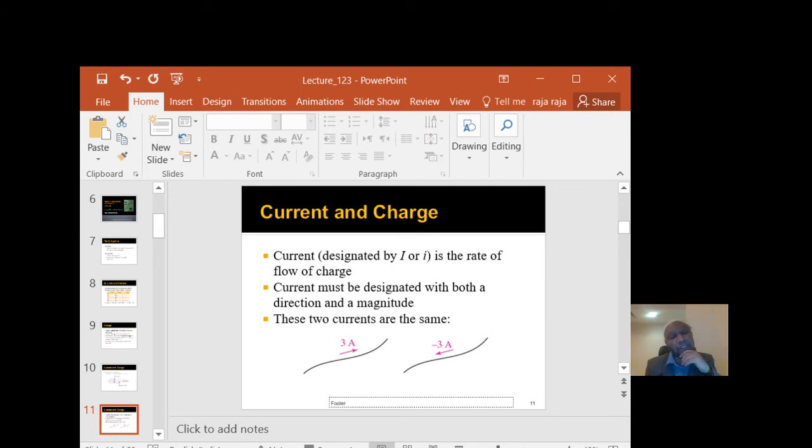Now we have to come to a conclusion: are these two currents the same? If I select the second one and remove the minus, then compare, I can say no, because this current direction is opposite. But in this case, the minus is there, so it cancels the opposite direction. Automatically it is similar to the first figure. So the conclusion is that these two currents are the same.